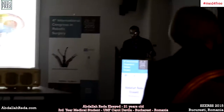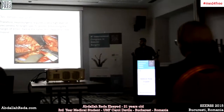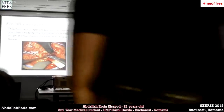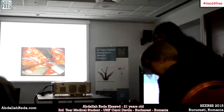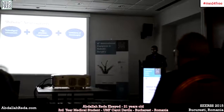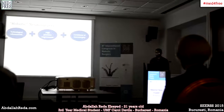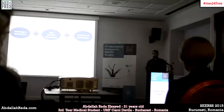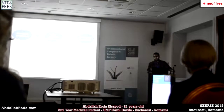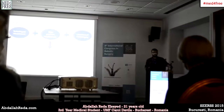So apparently all of this needs a lot of precision, a high level of preciseness, to diminish the margin of error. And this is why such neurosurgical operations are labeled minimally invasive or less invasive. And when we talk about that high level of preciseness and exactness, robotics come to mind, because for us this resembles that high level of discipline. And so by today's standards, when we look at the technological advancement that we have, the high precision requirements that neurosurgery needs, and the limitations of neurosurgery without robotics, robotic neurosurgery comes to be the solution for all of this, combining all these three